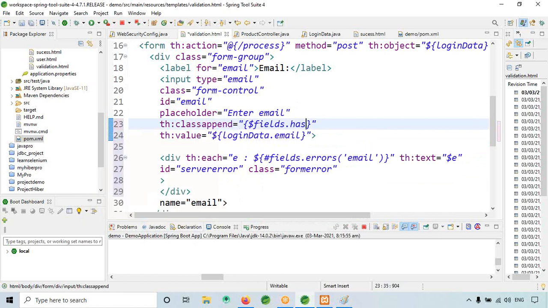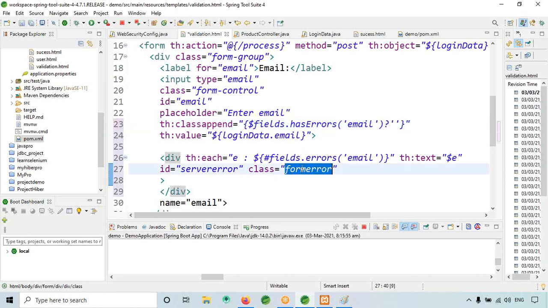Has error in the email. Okay, if the error is there within the single quotes, which class do we have to call?